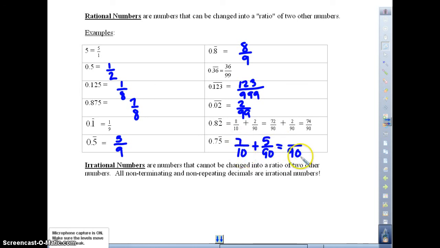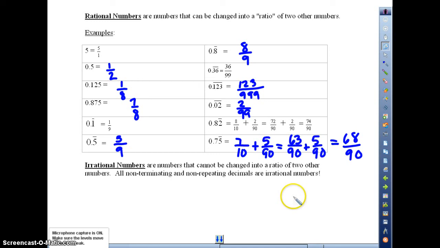Well, let's see, multiply by 9. 7 multiplied by 9 is 63. 63/90 plus 5/90 gives us 68/90. I'm going to take 68/90, put it in my calculator, and I get 0.755555555. Okay? The whole point of everything that we did just now is to show you that whole numbers are